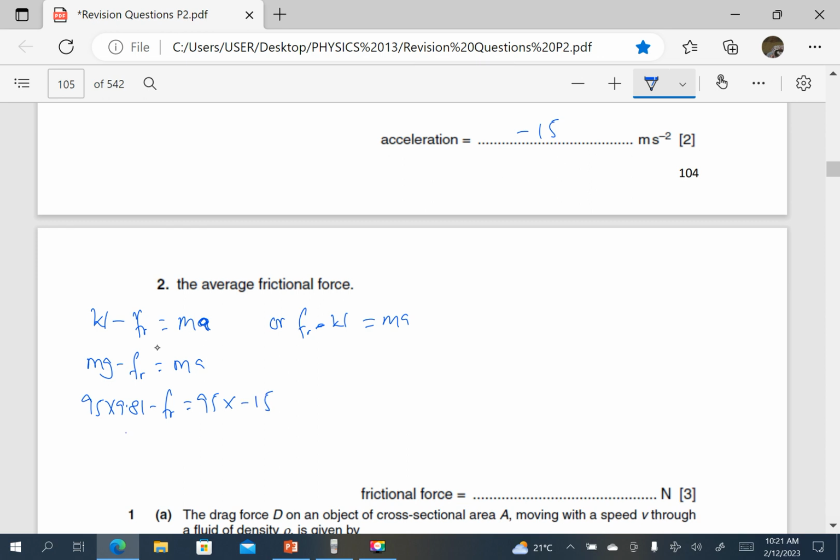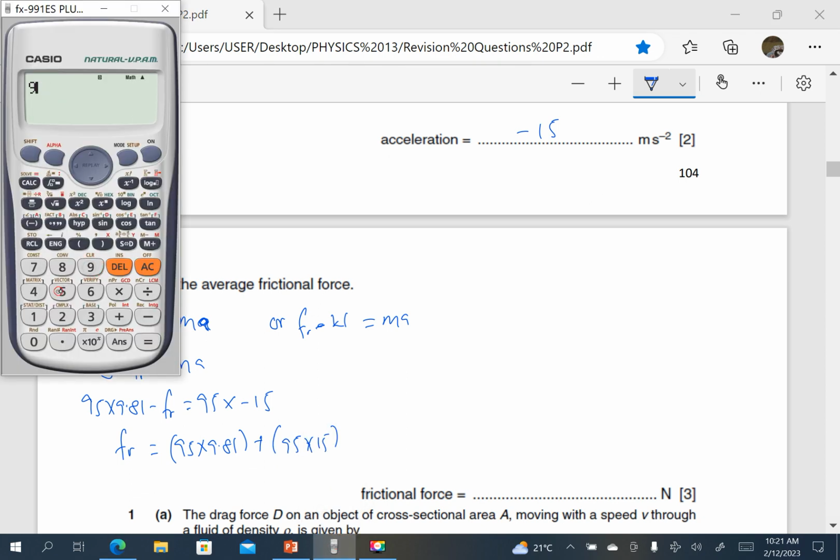So if I take the frictional force on one side, the frictional force will be equal to 95 times 9.81 plus 95 times 15. You can also check your calculator. 95 times 9.81 plus 95 times 15. So this gives us